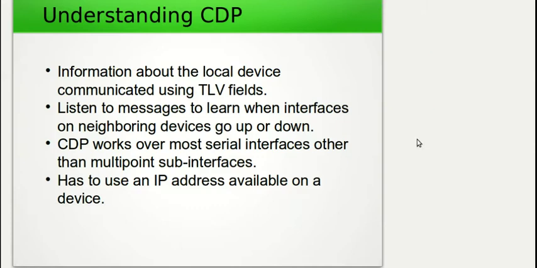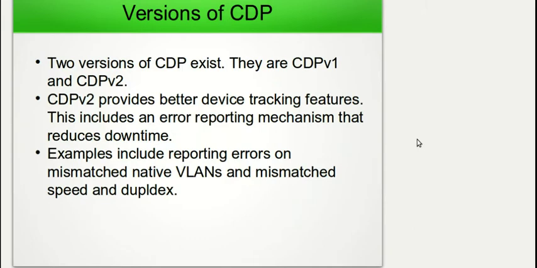of the CDP packet. Now there are two versions of CDP. They are CDP versions 1 and 2. CDP version 2 is enabled by default on most Cisco devices, and it has more features than CDP version 1. So with CDP version 2, it provides better device tracking features, and this includes an error reporting mechanism that reduces